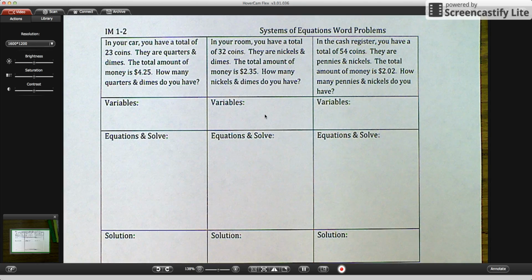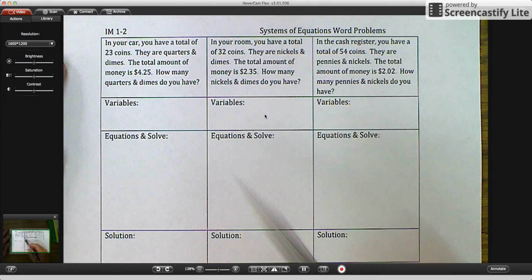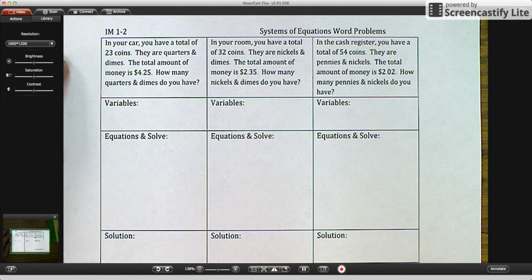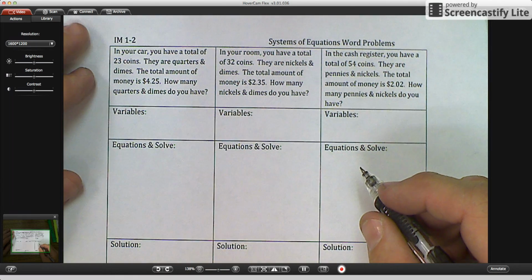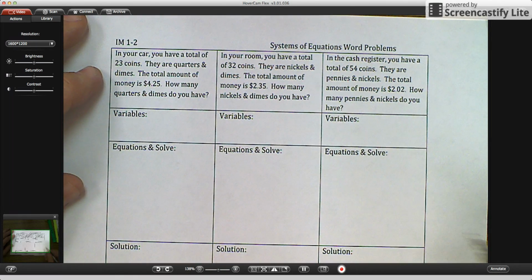Okay, welcome back. We are today going to talk about word problems and how to solve word problems with elimination. These types of problems are coin problems, and coin problems are very common within the elimination system. So when we're doing coin problems, there are going to be two basic equations that you are going to use